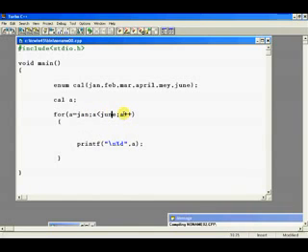Before I run that program, I would like to discuss one more thing: internally the compiler treats the enumerated data type as an integer. By default, the value of the first enumerator is assigned 0, and the subsequent enumerators are assigned values 1 greater than the value of the enumerator that immediately precedes them. For example, it starts from 0 as January, and then it increases to 1, then 2, then 3, then 4, then 5, like that.